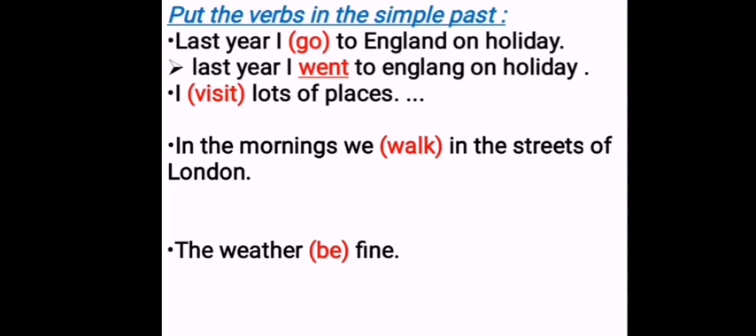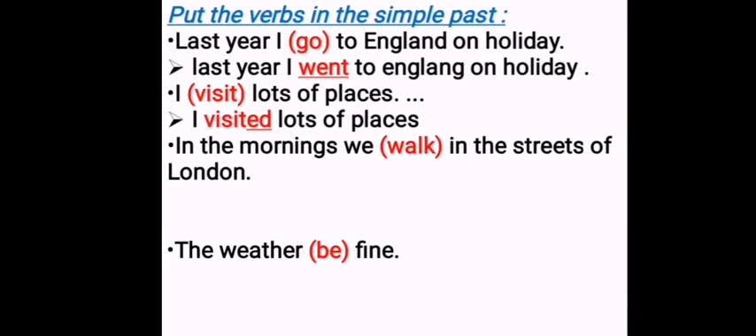So, here, the verb to go in the simple past becomes went. I went to England on holiday. The second sentence, I visit lots of places. Visit is a regular verb, so we just add -ed to the verb, so the sentence becomes I visited